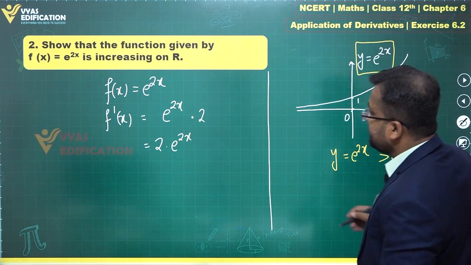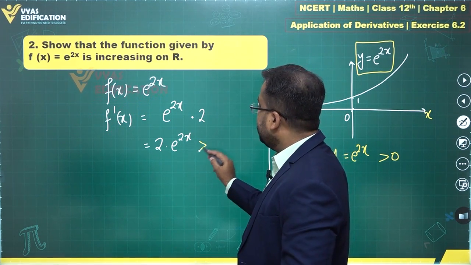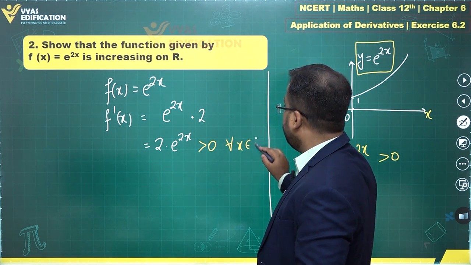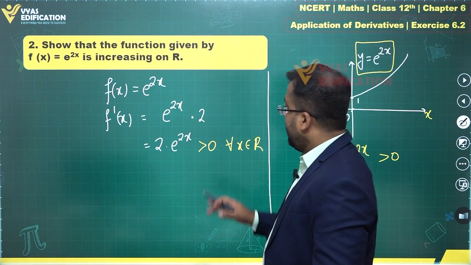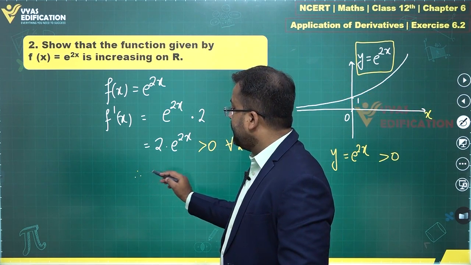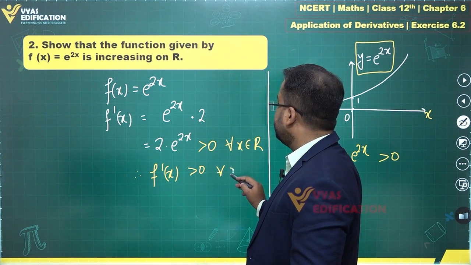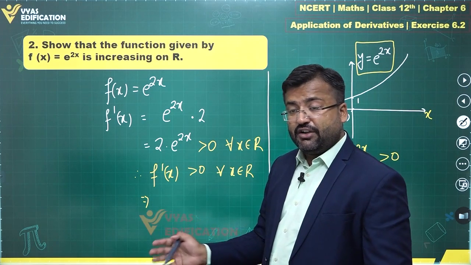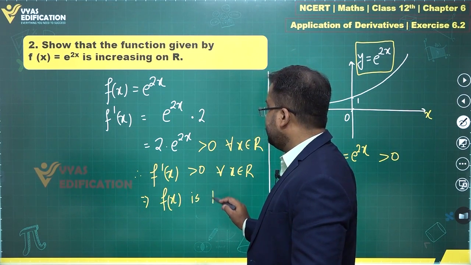Therefore, on the basis of this, can I comment that 2 times e power 2x is greater than 0 for all x belongs to this interval R? Yes, we can comment that. Okay. And once we have done that, therefore, f prime x is greater than 0 for all x belongs to real, which implies that this particular thing tells me that fx is increasing